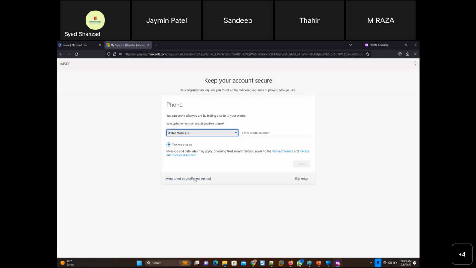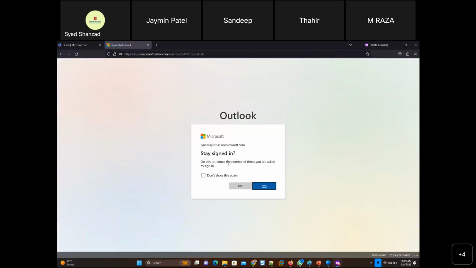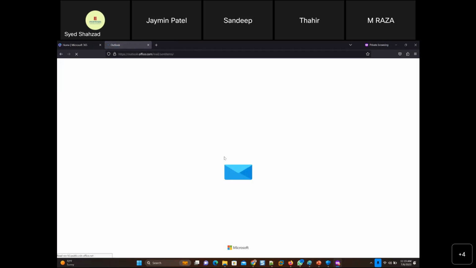Yeah, I want to set up a different method. Text me the code. Well, actually, that's the method I want to set up. Okay, 647-554-9446. Skip setup. Oh, I skipped the setup. Yay.